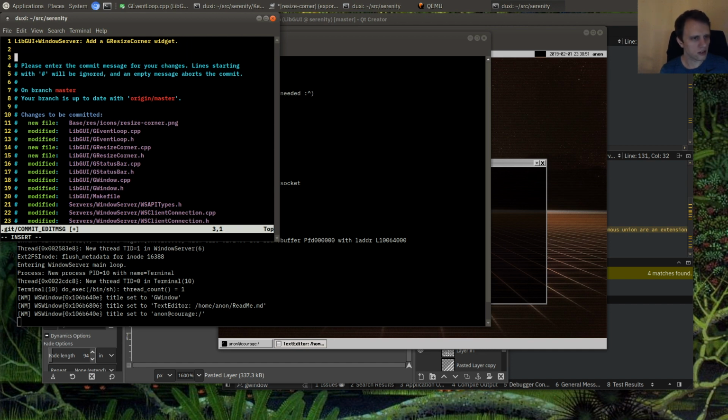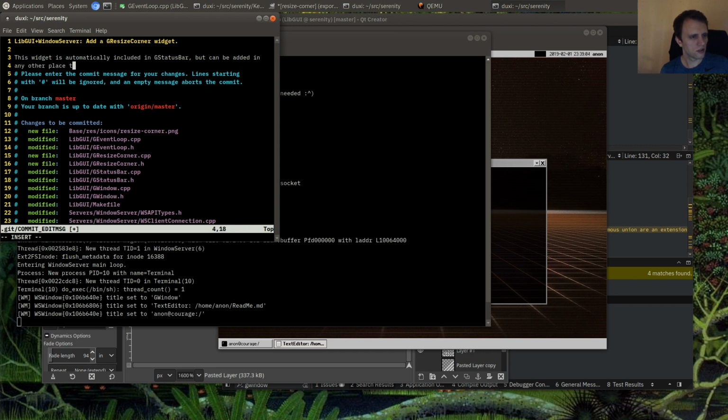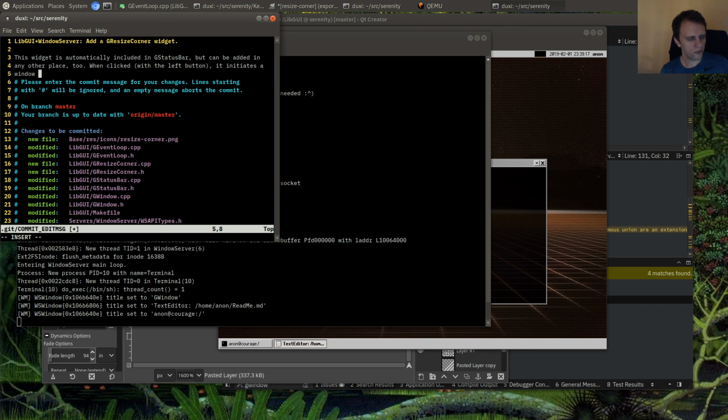Let's just start here. Okay, so this widget included in status bar. It's in when clicked left button initiate a window resize and request